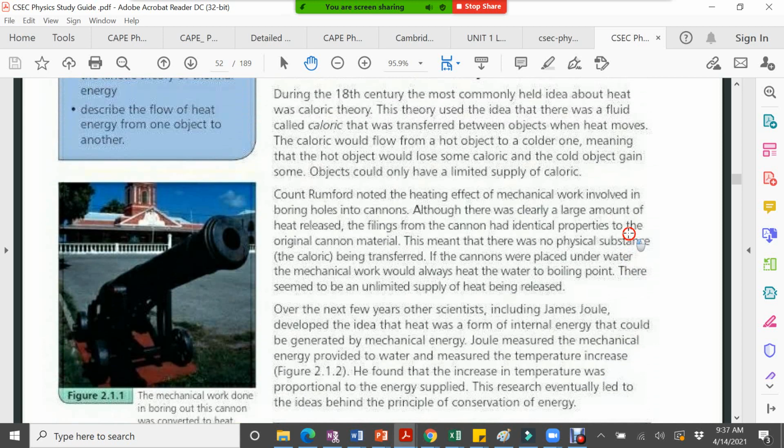It's a lot of information, and some of it is not so clear cut as we might imagine. But at the end of the day, what we must understand is that he came to the conclusion that depending on the amount of mechanical work that you do, that is what was